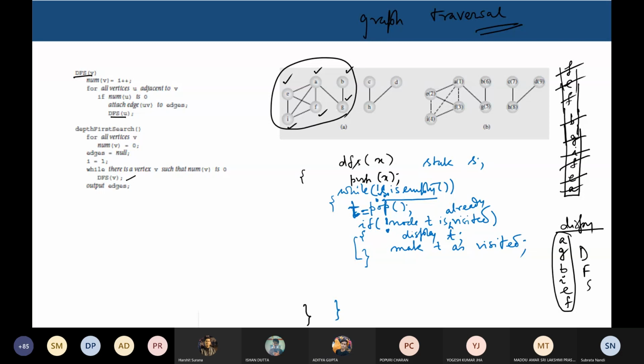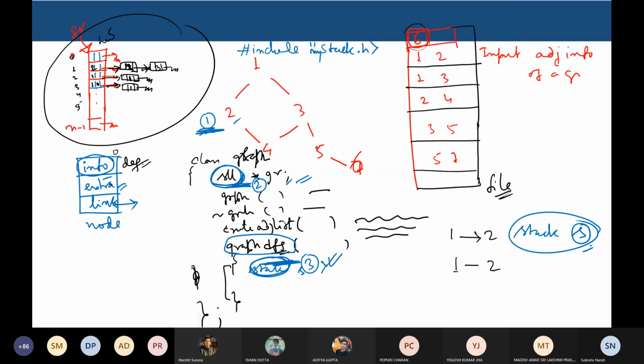We have to explore the neighbors of T. So what does this exploration mean? You have to check the linked list corresponding to T, and check as many nodes as there are from the node count. You can write a for loop and check each one of them, whether they are marked or not. If they are not marked, you push it. That's all. So the logic is